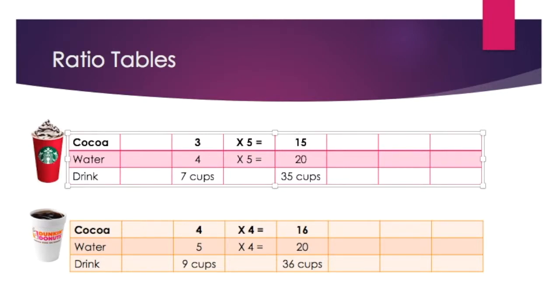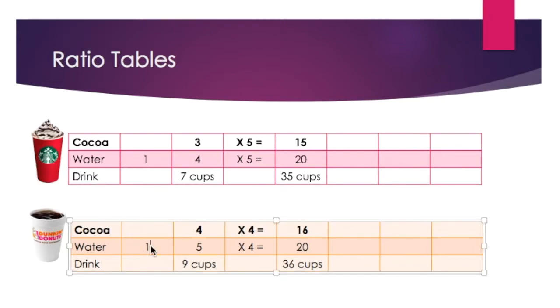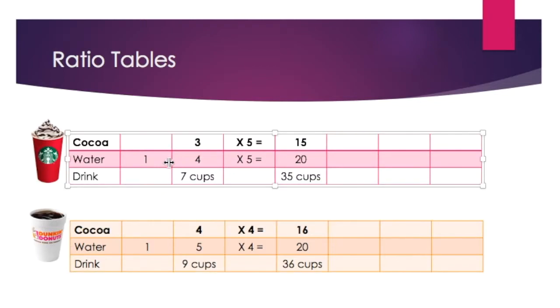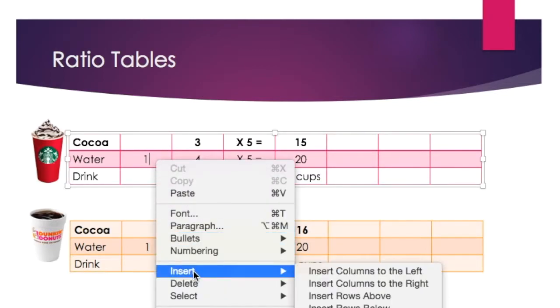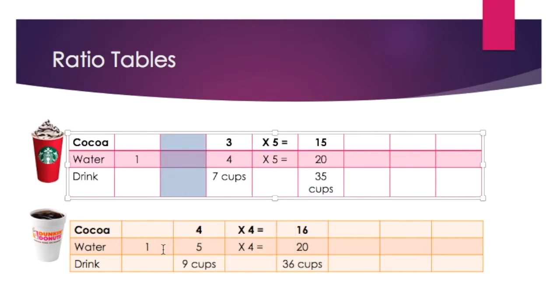Another cool thing to think about when you are using ratio tables is that a really nice thing to do is to always include your unit rate, and that means out of 1, right? So if I have 1 part water, how much cocoa am I going to have per cup of water? So I always like to leave the first column in my table blank so that I could put my unit rate in that column, but it is going to be a little complicated because I have to work backwards. So I'm just going to insert some workspace